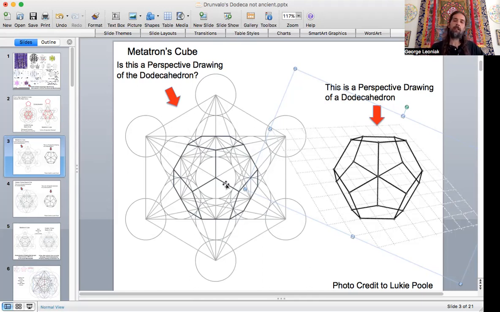Now, it's not a perspective drawing, as I just pointed out. So really, it's just saying we could create something that looks like a dodecahedron here because it does create 5-sided faces. But for one, it doesn't have phi. And the second is, if you were to construct this as a form, it wouldn't hold up in 3-dimensional space. So maybe it's time to adjust and kind of let go of that.